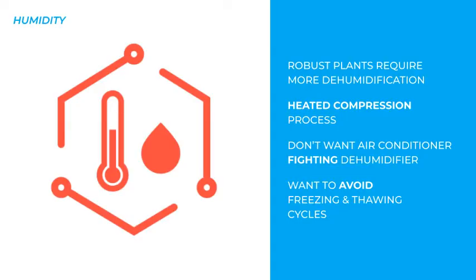Growing robust plants for higher yields with 2 pounds or more per 1,000 watts requires a significant amount of dehumidification. When doing this, dehumidifiers direct heat from the motor back into the environment through a process called heated compression. This entails having a compressor running and knowing how much the refrigerant is going to take. If you have 4 or 5 of the dehumidifiers running, they could be throwing an extra 10,000 watts or more into that environment. This means that the room temperature is going up, which hits the threshold on the thermostat,